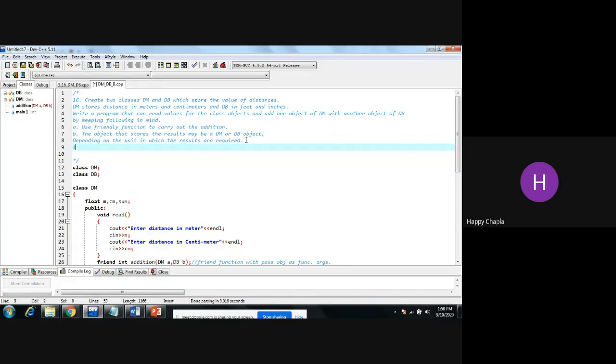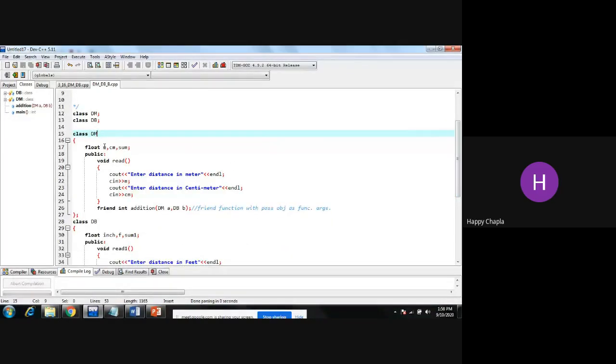For example, if I have 1 centimeter and I want the answer in meter, I need to convert my centimeter into meter. Likewise, I'm giving you the option that for the DM class, you either print your answer in meter or in centimeter.